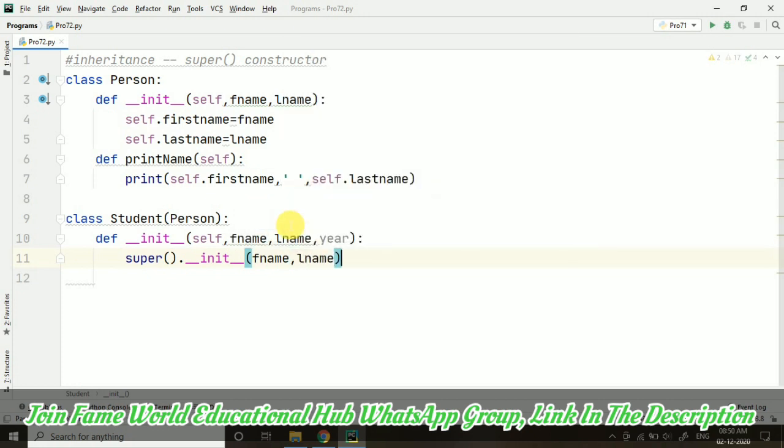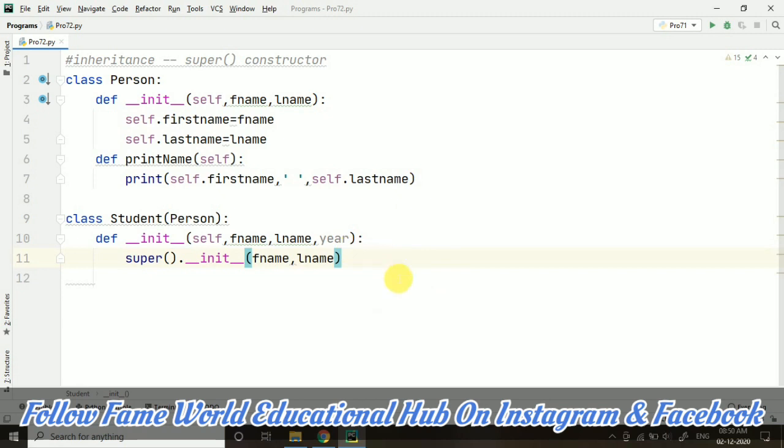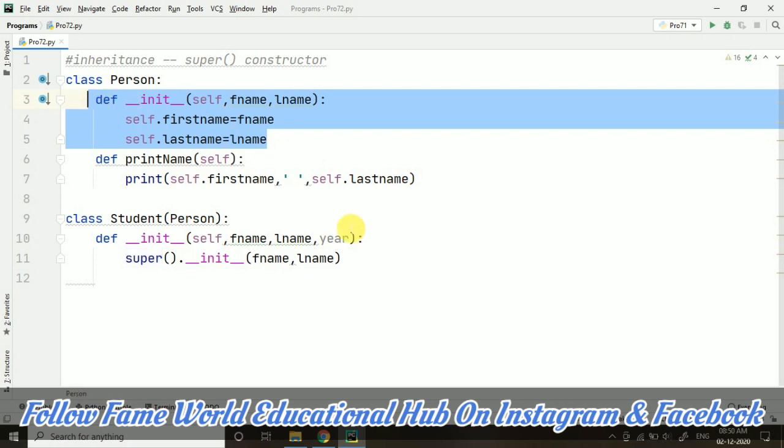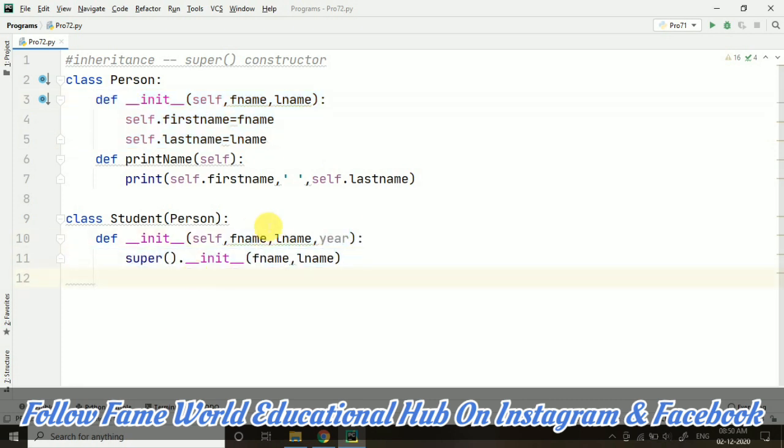Don't worry, we will be seeing this. Basically what I am doing here, I have taken the super constructor. The super constructor is basically used to inherit the properties of the superclass constructor into the subclass constructor, and this is always used inside the subclass constructor as the first statement. So here you can see that I have used the super constructor inside the subclass constructor as the first statement. This is the point to remember, always remember this.